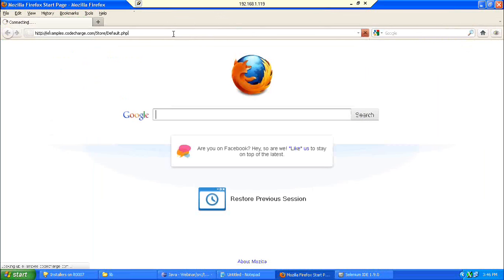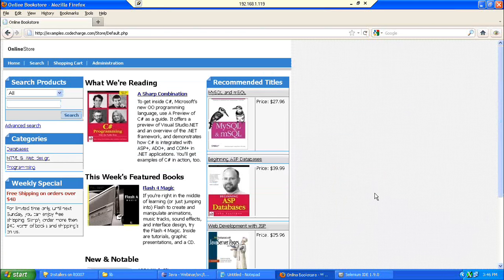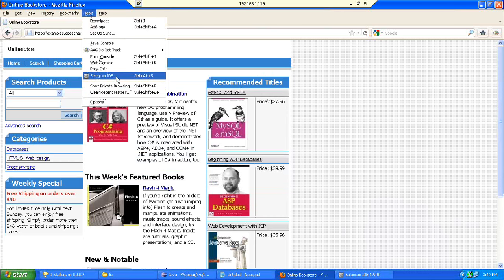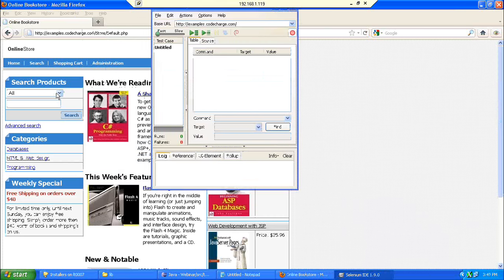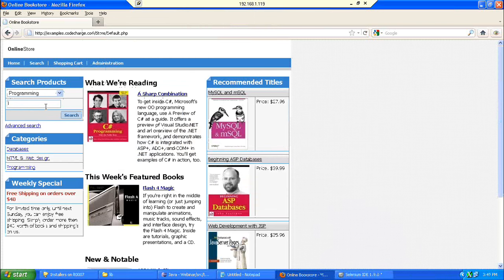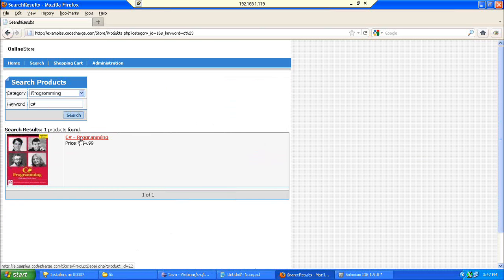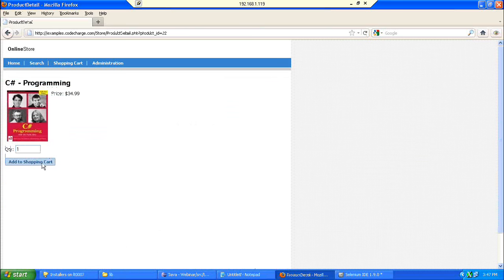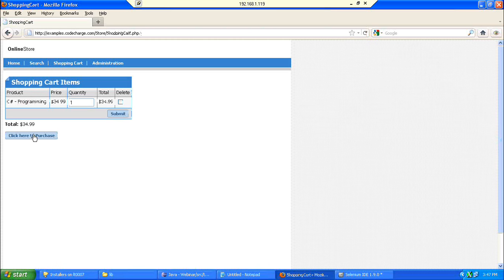HTTP examples, the same site I am taking. I go to tools, Selenium IDE, I am creating a script. Programming, C#, search, C# programming, add to the shopping cart, click here to purchase.